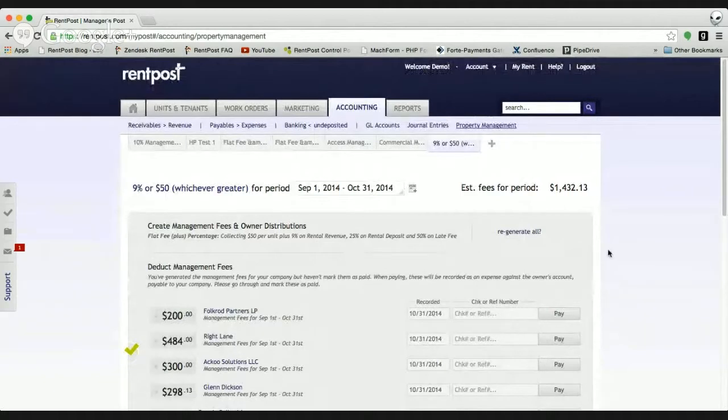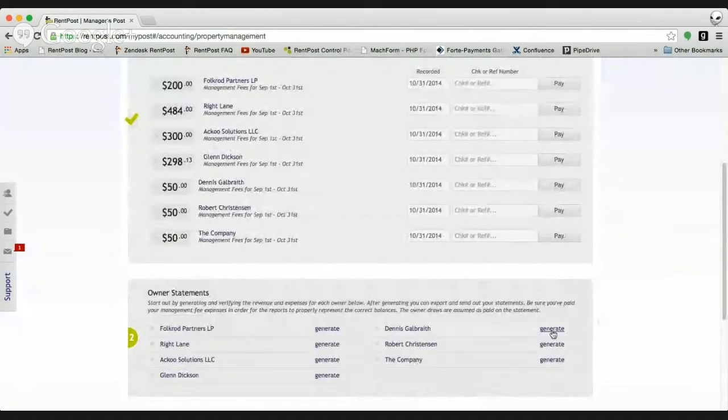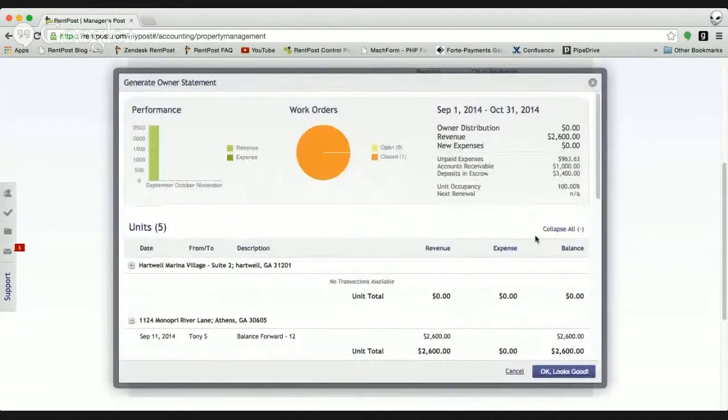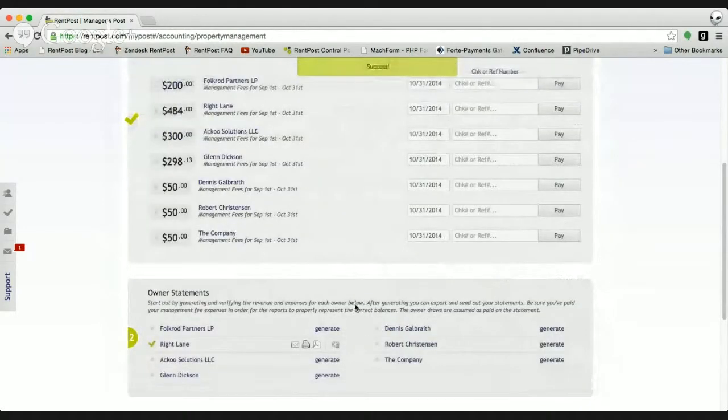There's a few other things, of course, that we want to check with that. I had mentioned previously the regenerate option of the icon. So if we went ahead and saved this particular statement, saying okay, it's good, it's going to save this owner statement and generate a hard copy PDF on file. This basically acts as a statement in time, meaning that it's not dynamic. In other words, if you added additional revenue or expenses over this period, they're not going to show up on this owner statement after it's been generated.